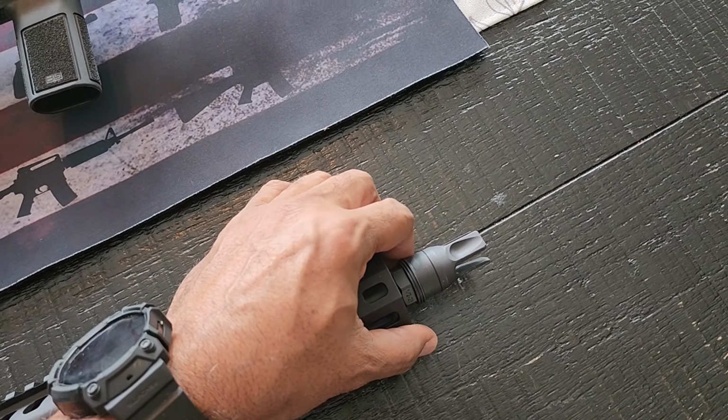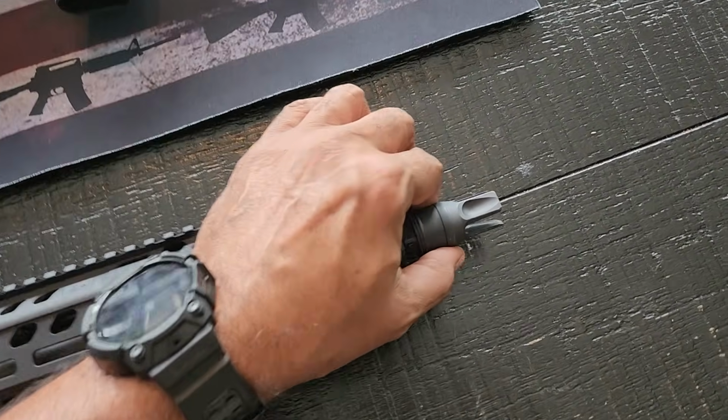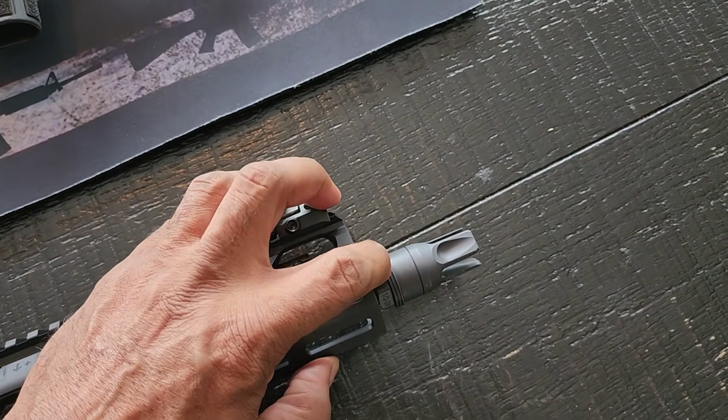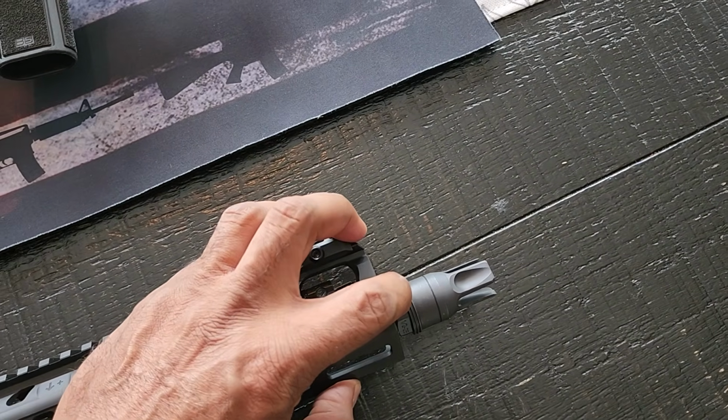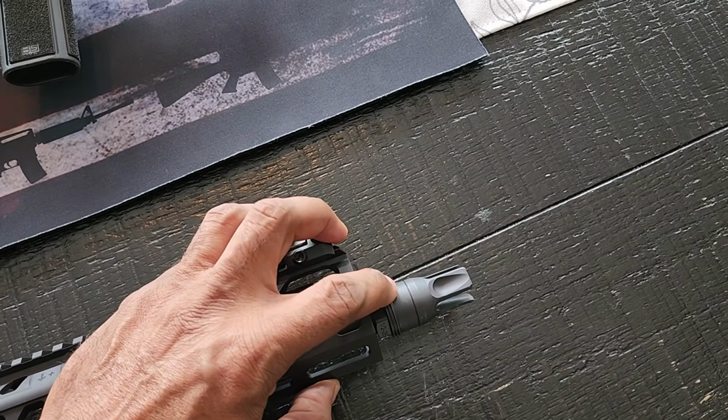But we did shoot this in what we call a night qual. So if you look at this flash hider here, one of the big negatives I have with this is it is rock set on. I understand Sig wants to